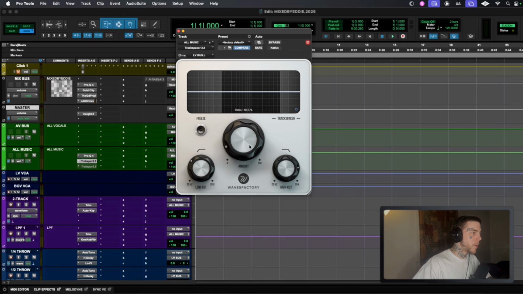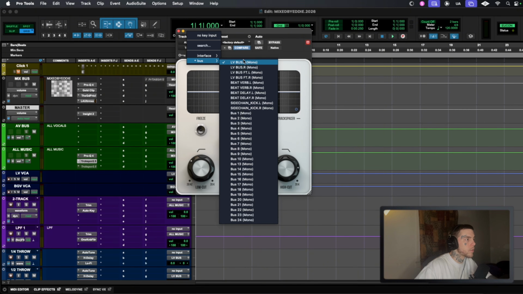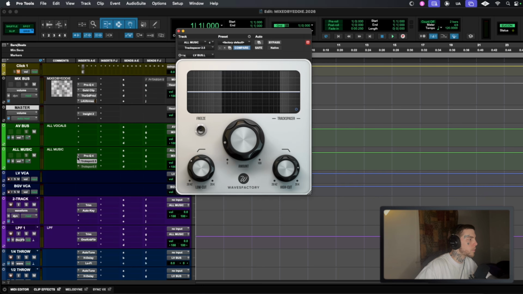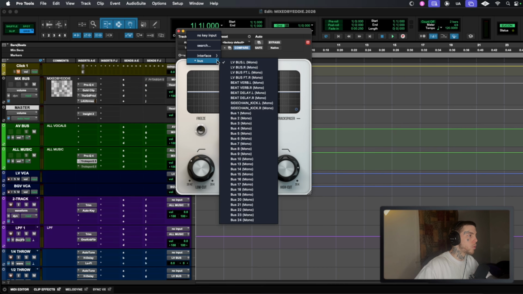Then I'm driving up to about 10 to 15% until it sounds like it's cutting through the beat, but it's not compressing the beat. And the way I have this set up for the side chain is the lead vocal bus is my key. Now, don't get scared by saying just the left side. Your left side and your right side are identical. So all you really need is the left side. So on the all music bus, you're going to TRACKSPACER. You're going to up here to the key, and you're going to select your lead vocal bus